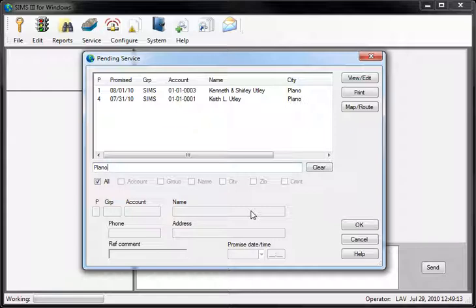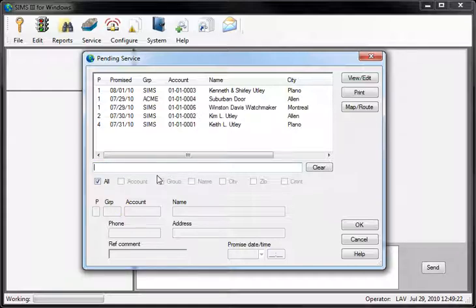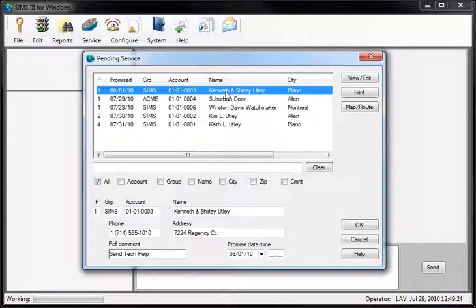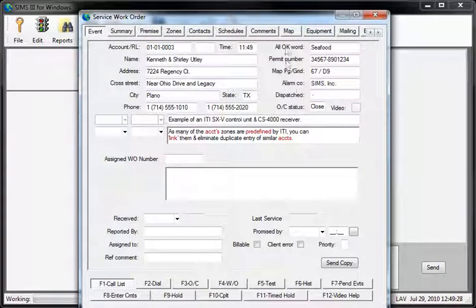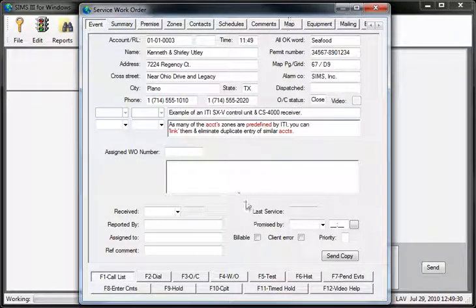Anyway, we can first organize the types of service calls we want. Then, after making that kind of decision, we can either pick one to update the work order, make any changes that we want to make in this particular work order,